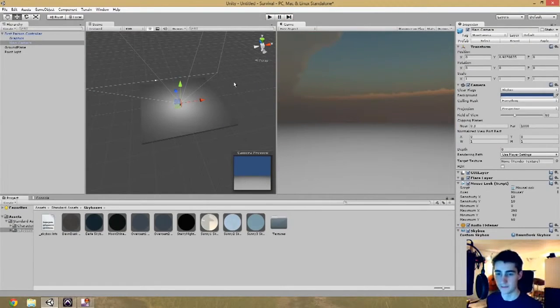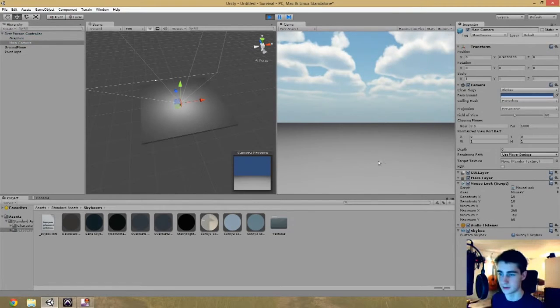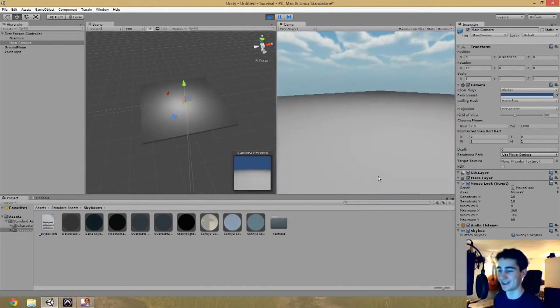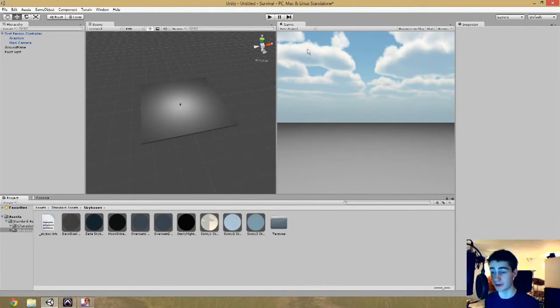We used this. And oh, by the way, to maximize any window, I just hover my mouse over it and then press the space button. This will maximize and minimize. That's a pretty cool feature. Okay, so let's just go with something a little more happy, the sunny. Yes, this one. I like this one. Yes, that's very nice. Okay, so now that we have our skybox in the scene, we can go ahead and